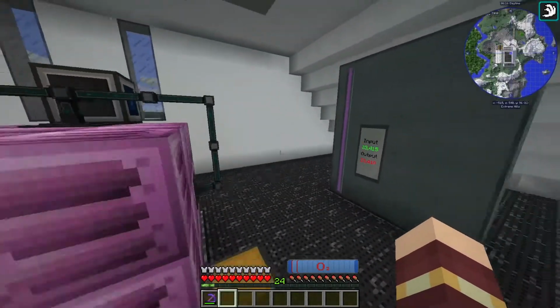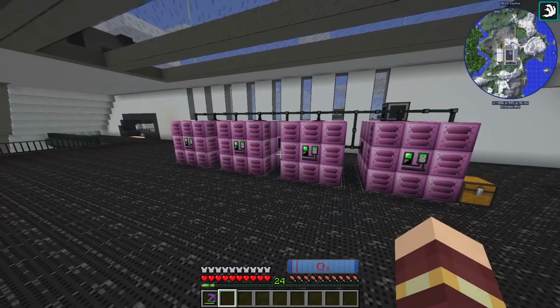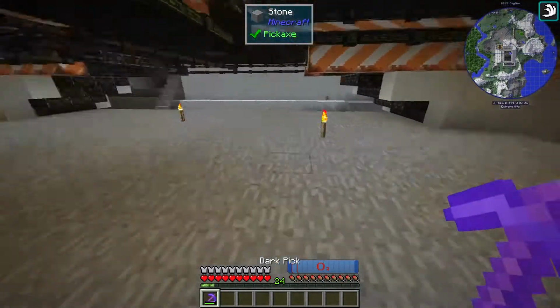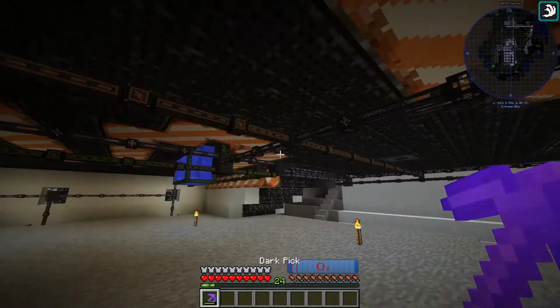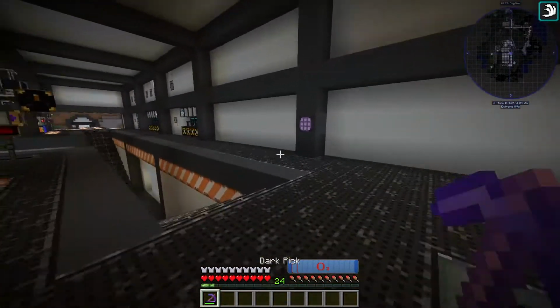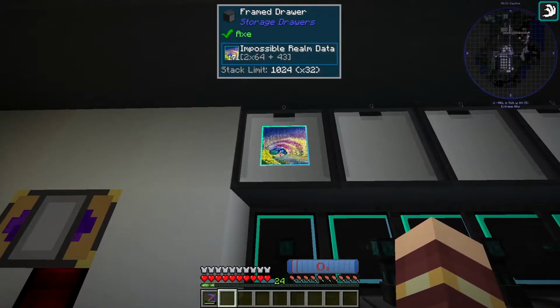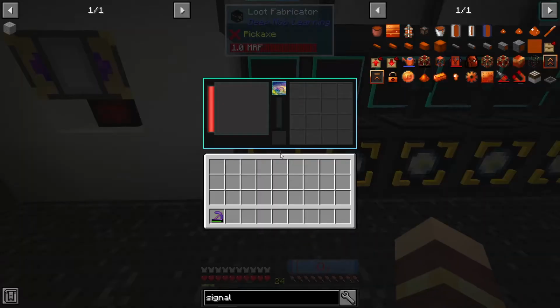So our power usage has really started to creep up already. I'm using 33,000 RF a tick there, and it's going to get even worse very soon. So, whoops, where am I? I'm here. So it's going to get worse. I started making these, what are they called? Impossible realm datas. This is with an